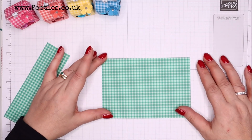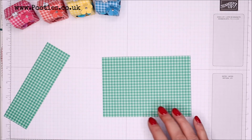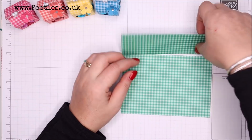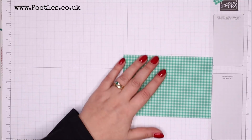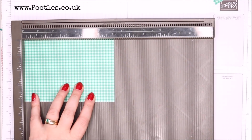Right, so to make it, you need a piece of paper that's 4 1/8 by 6 inches, 10.5 by 15 centimetres. This is the bit that's left off the end after you've trimmed it off, and actually I'm just going to use that for punching a shape in. So let me pop that to one side. So 4 1/8 by 6 inches,